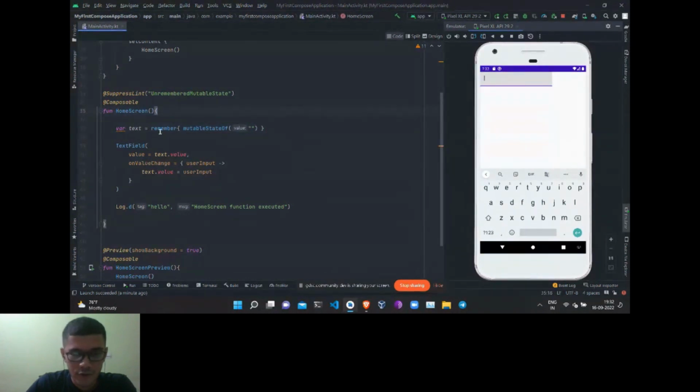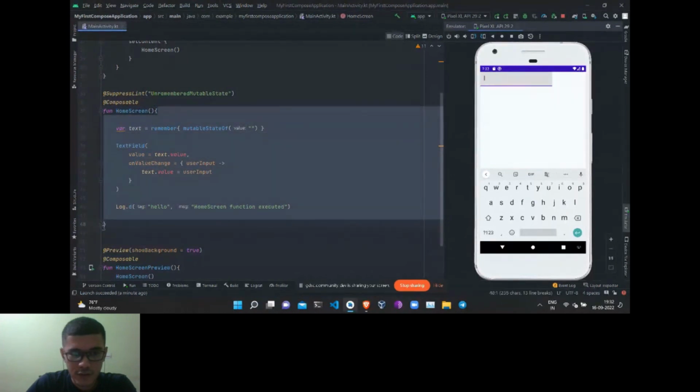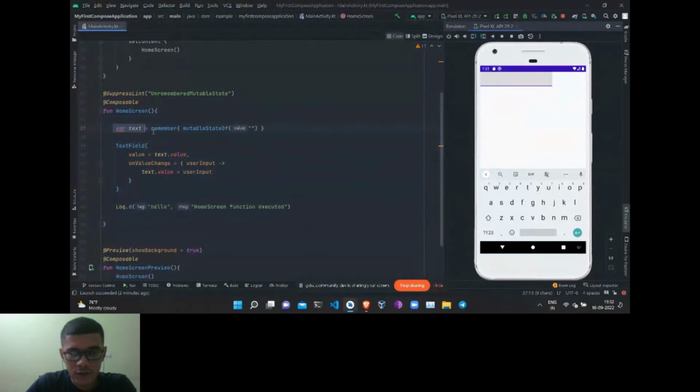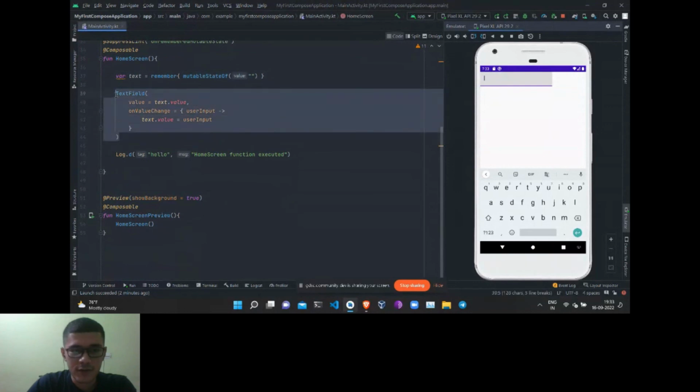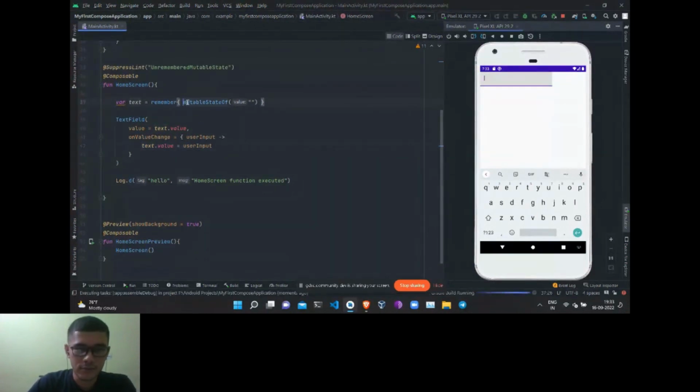Now what will happen is that when the compiler tries to execute this code, it will see that it has already been remembered, that its value is already stored in the compiler cache, and it will not reinitialize this again. So this will be executed. Now the previous value that we have entered would be present here, and this value would be read by the value parameter, and with onValueChange, this value will be changing. So if we execute this again,